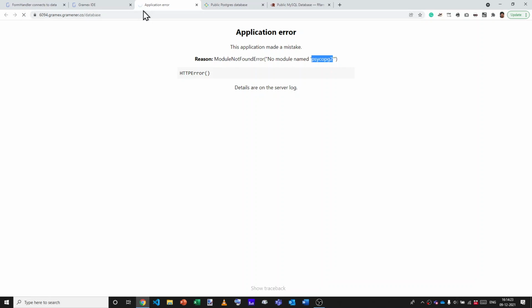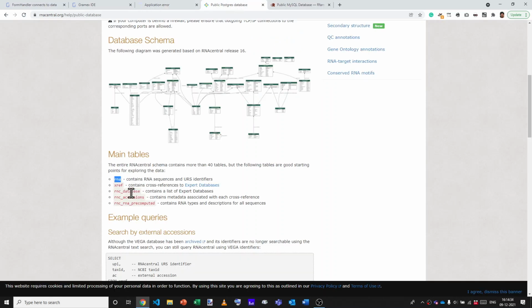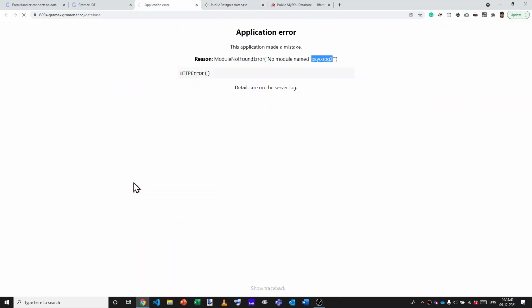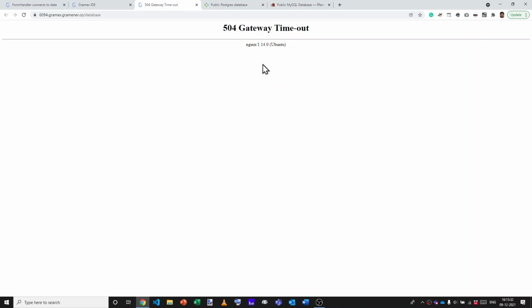And now you see that it's running, it's taking a bit of time. And that's because it's connecting to the database behind the scenes. This is a fairly large database. It contains the entire RNA sequence, and it will fetch as many records as it can. The default limit is 10,000, and it will fetch those and show them here. Actually, it turns out that it's taken so long. It took a minute while I paused the video, and it's timed out.